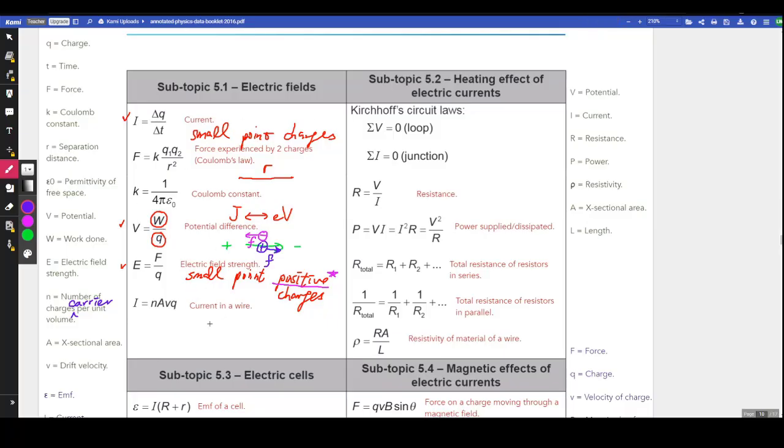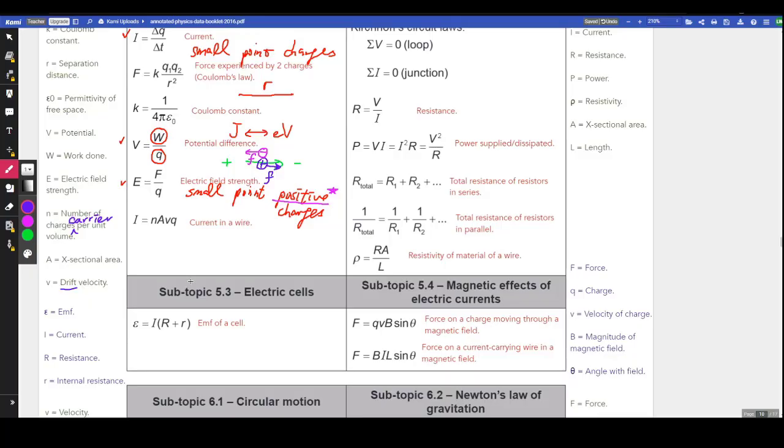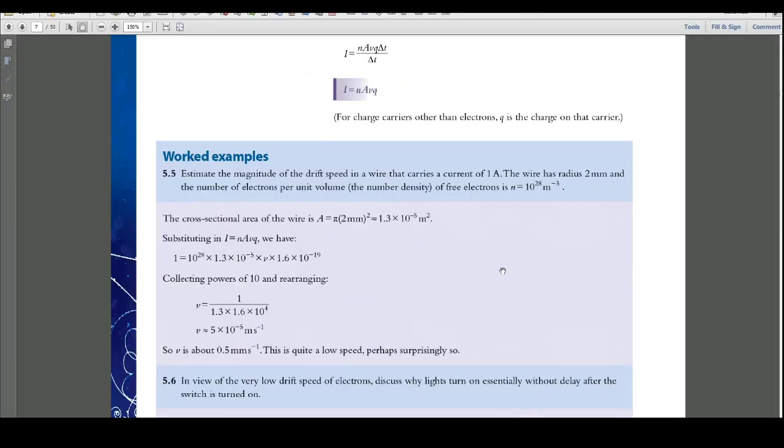As for v, v is the drift velocity, talking about the mean or average speed that is moving along the wire, while q is the actual charge. So again, if you're not really sure about how to use it, look at the example that you did. The e is substituted into q, like the elementary charge, which is 1.6 times 10 to the power of -19,